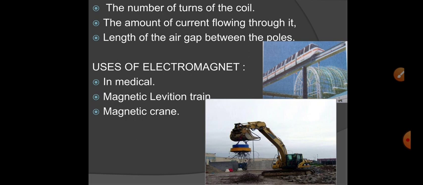That is not exactly a magnet. When the switch is on, current flows and it behaves like a magnet. With the help of it, they carry all the metallic garbage, and sometimes they pick up cars from the no parking zone. Since it is a magnet, when it is kept on the car, the car will be pulled up. But what would you do if it were a permanent magnet? You cannot remove the car from the magnet. But since it is an electromagnet, as soon as you switch off the passage of current, it becomes ordinary iron. The car is left. So this is the use of an electromagnet.